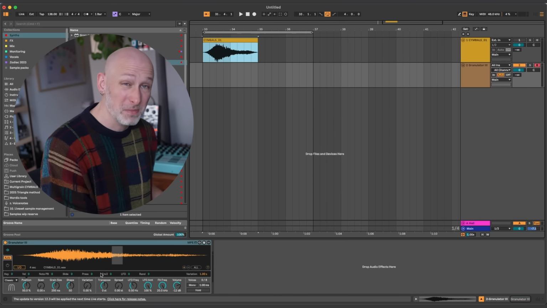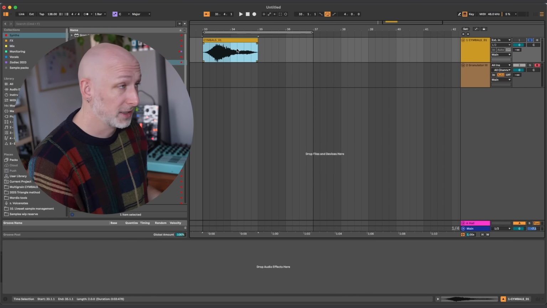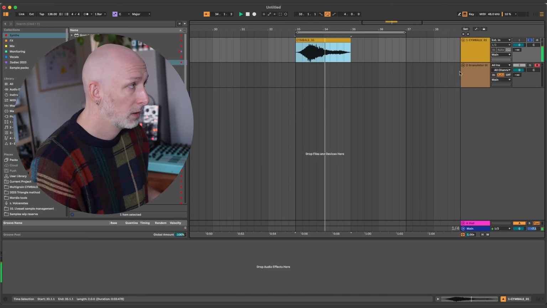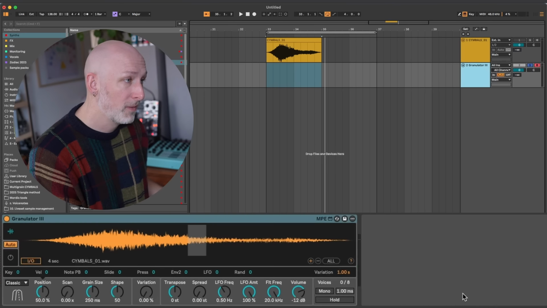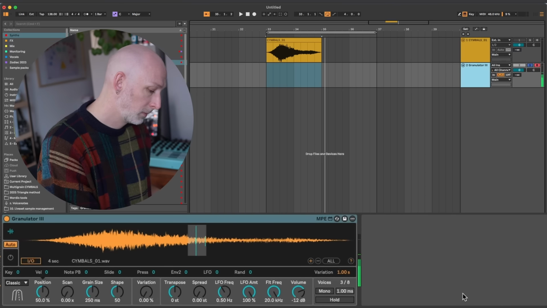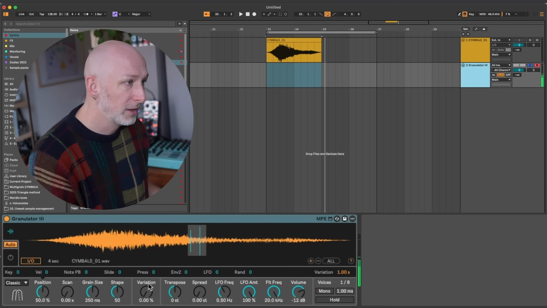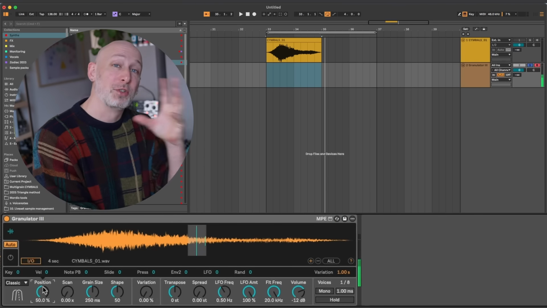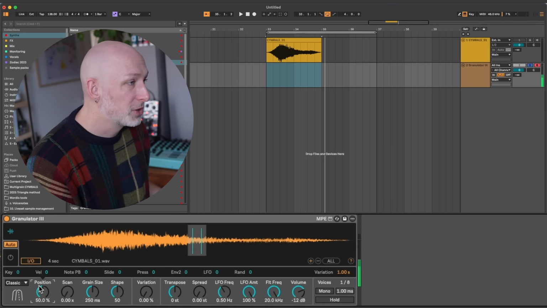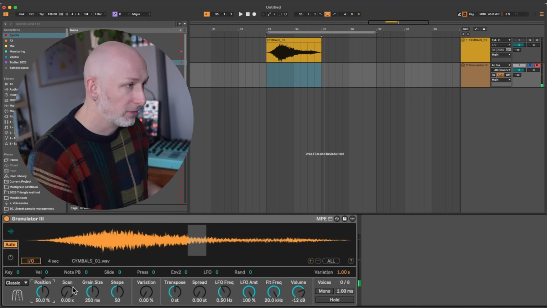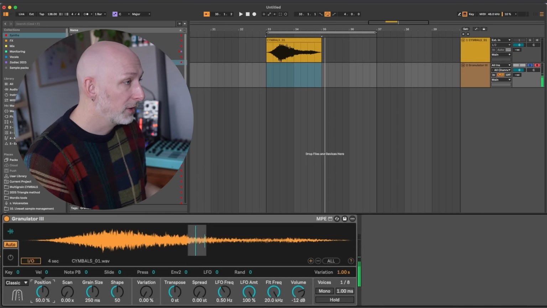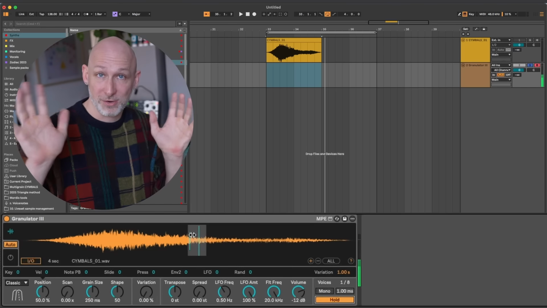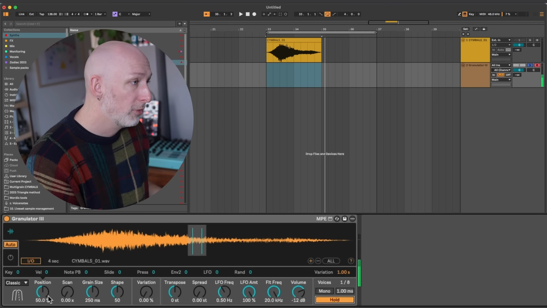And so this is very much like a sampler. Our original sound sounds like this. And so when I hit a note on the keyboard on our sampler now, you can see it being triggered here. And the idea is that we're going to turn it into an abstract soundscape or a sound texture rather than literally a cymbal, right? So one of the things that I would do in the Granulator is I would hold down a key and hit hold. This will just keep it moving. I don't have to use my hands. And I can now move around,